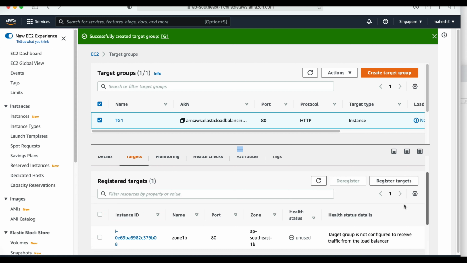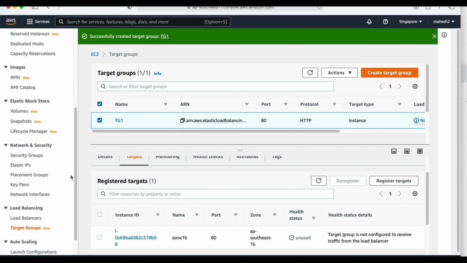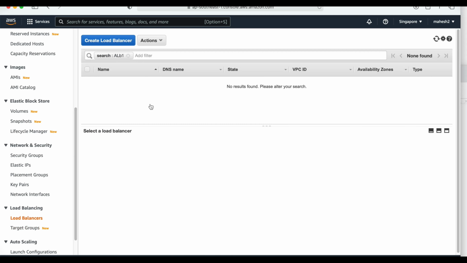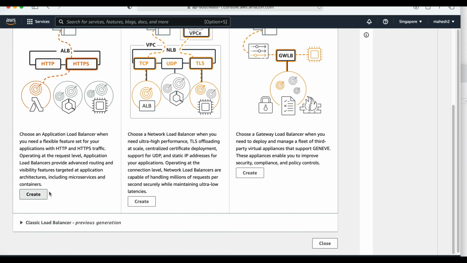The health status is still showing as unused, so it is not being used so far because it is not assigned to a load balancer. So now let's go and create a load balancer. So far I never assigned a second instance, or created the second target group. Let's go back to the load balancer, create a load balancer, application load balancer,